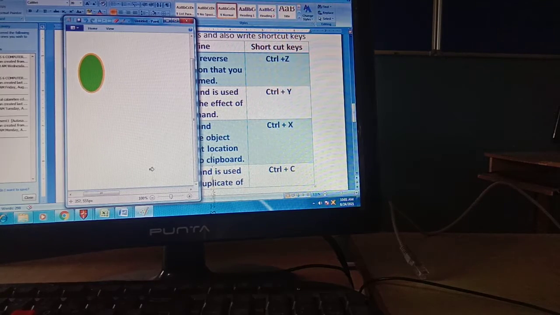ओके, सी आई एम डूइंग अनडू. अनडू इज दिस. रीडू, कंट्रोल एंड y की टुगेदर. अनडू की कमांड को रिवर्स करता है रीडू कमांड. ओके, रीडू कमांड इज रिवर्सिंग द कमांड अनडू. सो आई होप इट इज क्लियर टू एवरीवन. ओके,